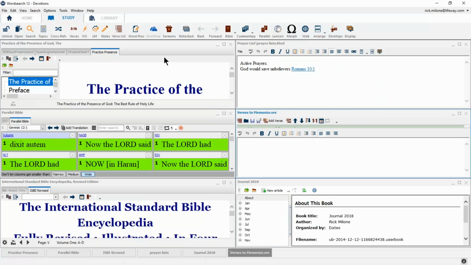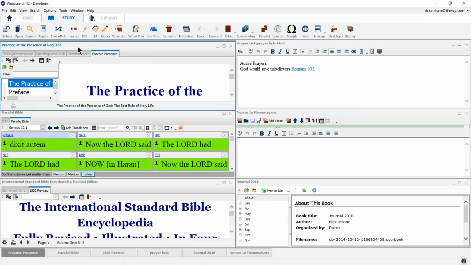I want to take just a few moments to name each window. What is the purpose of that window? I'm going to put it in the name so that later when I'm coming back, I can know what the purpose of each window is. So if I'm adding new books in, I know where to add them. If I'm looking to study, I know where to study, okay? So to do that, I am going to